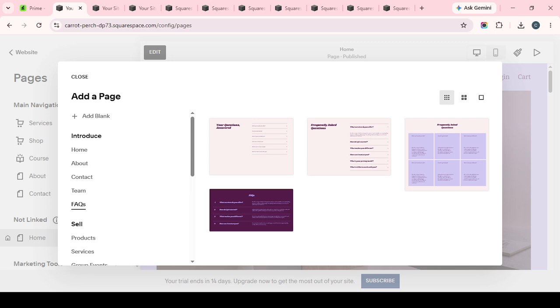Once everything looks correct, click Save. Before moving on, it's always a good idea to quickly review the layout for alignment, spacing, basic